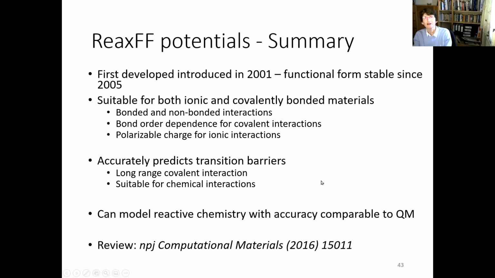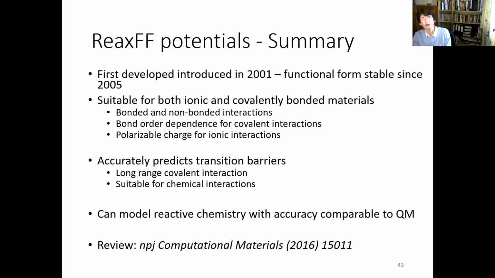So, a summary: it was first developed in 2001. The functional form really stabilized in 2005 and hasn't really changed since then. It's suitable for both ionic and covalently bonded materials, and it includes bonded and non-bonded interactions. The bond order dependence makes it successful for covalent interactions, and the equalization of electronegativity means it's good for ionic interactions. The charges on the atoms change continuously throughout the simulation, which is a very important point,